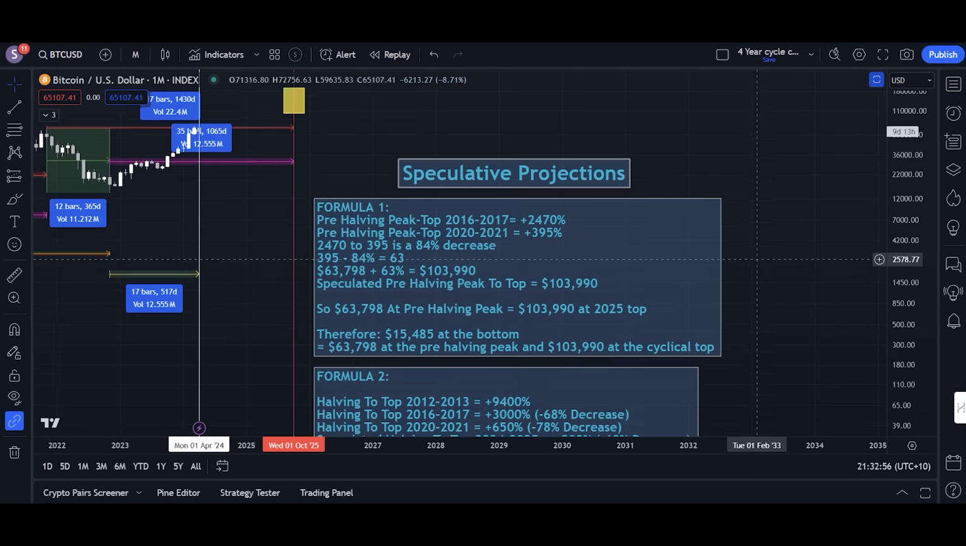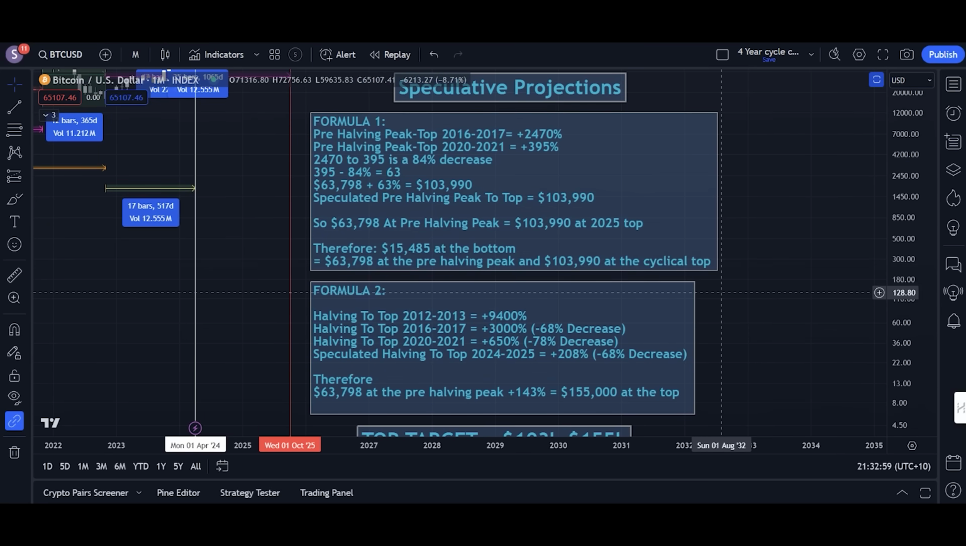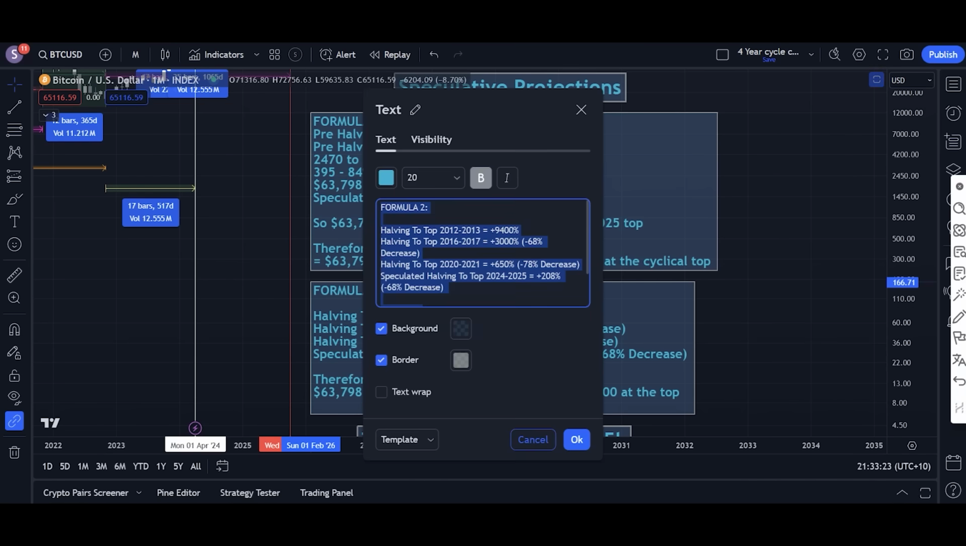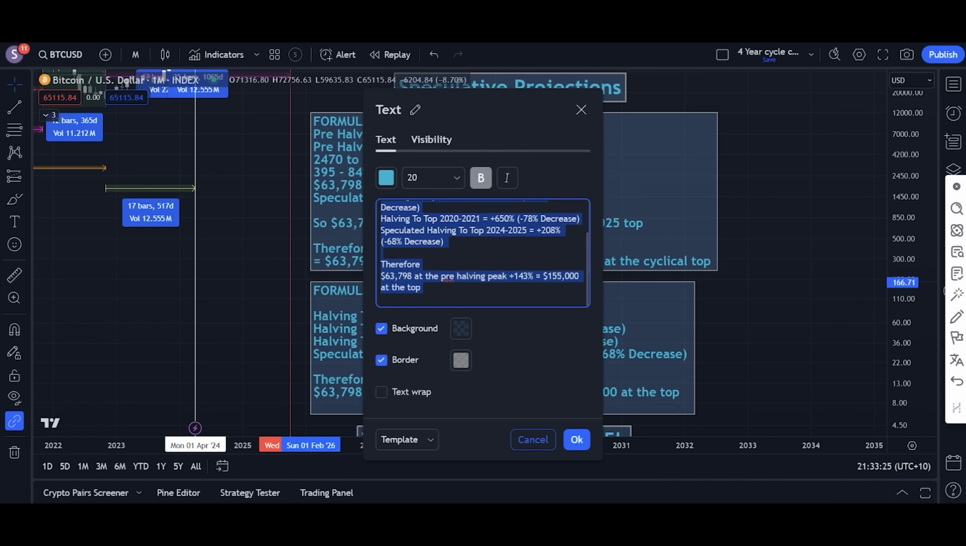All right. Then we've got our second formula here, which is a little bit more optimistic. So it's halving to top prices, not the pre-halving peak, but the halving itself to top prices in 3 separate data points. So a little bit more reliable here. 2012, 2016, 2020. And then we've got, as you can see, 9,400, we had a 68% decrease into 2016. We had a 78% decrease into 2020. And if we're assuming that we're going to see a decrease of 68% again, it will take us to 196K,